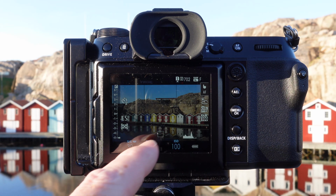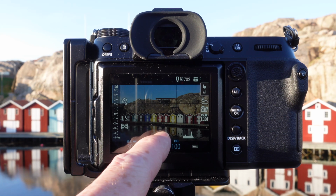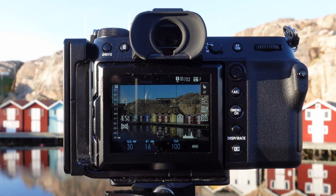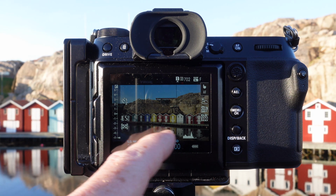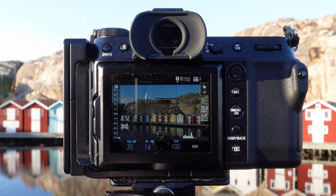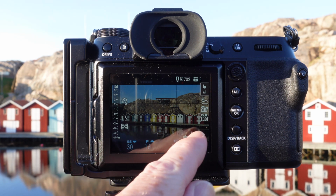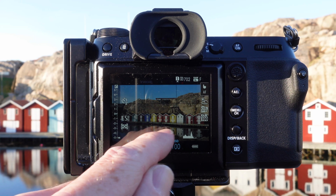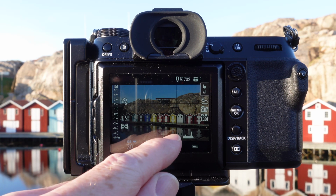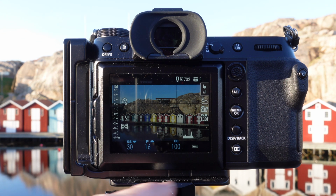But what I've actually had to do is, there's a boat right in the middle of the frame. Now I was taking a long exposure and didn't take into consideration the fact that that boat was moving within the amount of time, because it was a 25-second exposure I was doing. So what I've actually done is I've taken a long exposure, which was obviously about 25 seconds, and then what I did is took the 6-stop filter back off and took a normal exposure at a 30th of a second